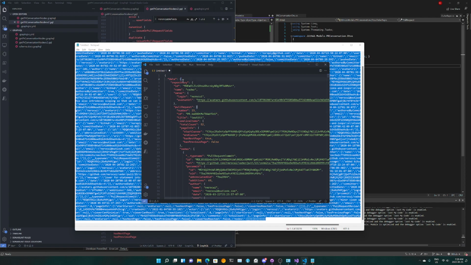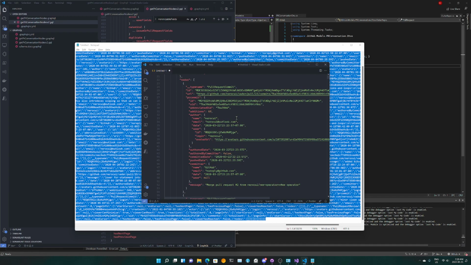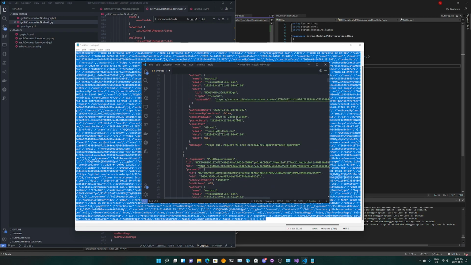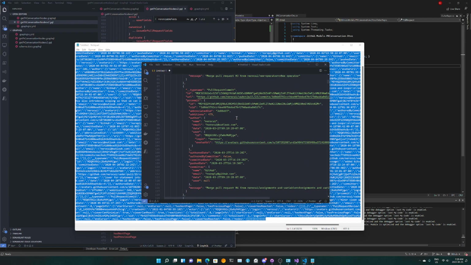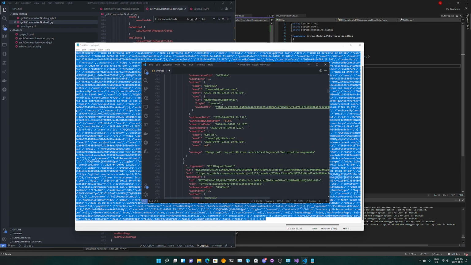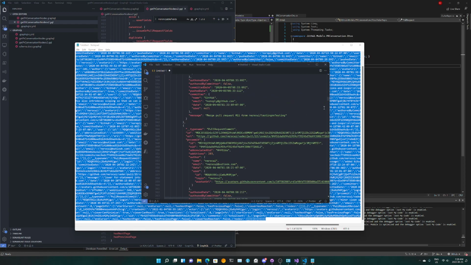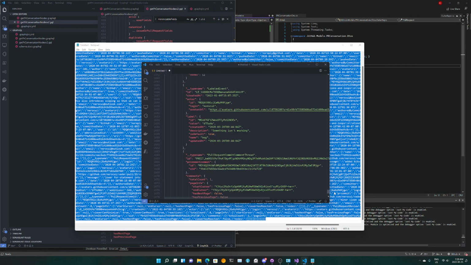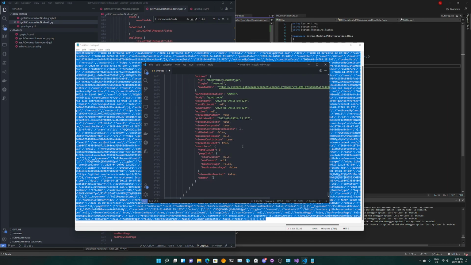Anyways, we have data, repository, owner, pull request, and that's basically the whole thing. So everything is valid, right? Everything is valid. I don't think there's anything that's not valid. And the data is really good. I really like how I have everything here, right?